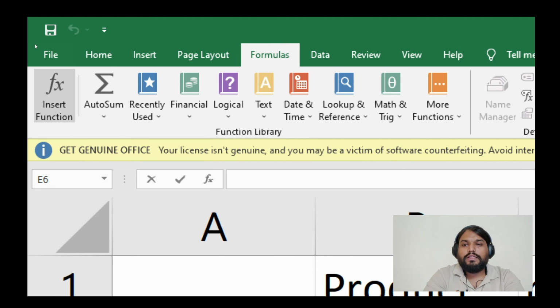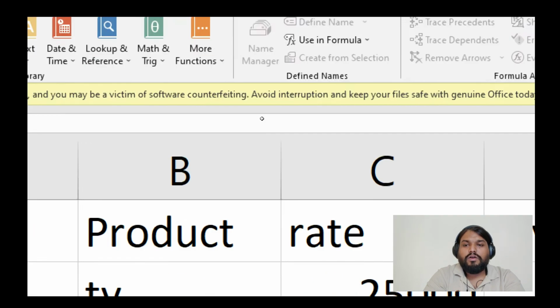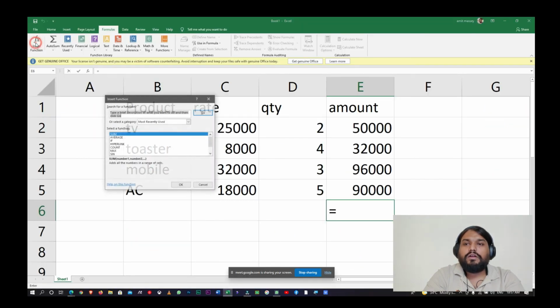As you click on insert function, you can select from a wide range of functions which are already defined, and you can use any of the functions to get your desired result. So let's say I want some function.